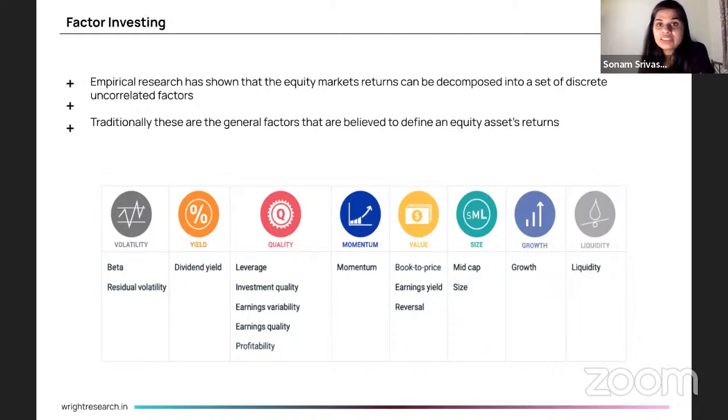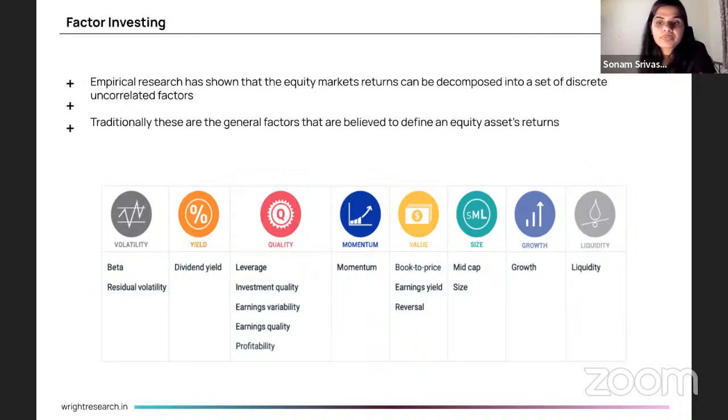Then there is size factor. Size means that any stock that is smaller in size tends to outperform in the long term. जो भी stock आपका मार्केट कैप में छोटा है, जैसे स्मॉल कैप हो गए या मिड कैप हो गए, अगर आप लॉन्ग टर्म में देखेंगे तो उसमें ज्यादा मुनाफा होता है, क्योंकि अगर किसी स्मॉल कैप में बहुत सारे बायर्स आ गए तो उसकी आप देखोगे, क्योंकि उसका प्राइस ही इतना कम है कि उसमें काफी तेजी आ जाएगी, राइट? क्योंकि उसका मार्केट कैप ही इतना कम है कि जब उसमें बहुत सारे बायर्स आते हैं तो उसकी ग्रोथ काफी तेजी से होती है.